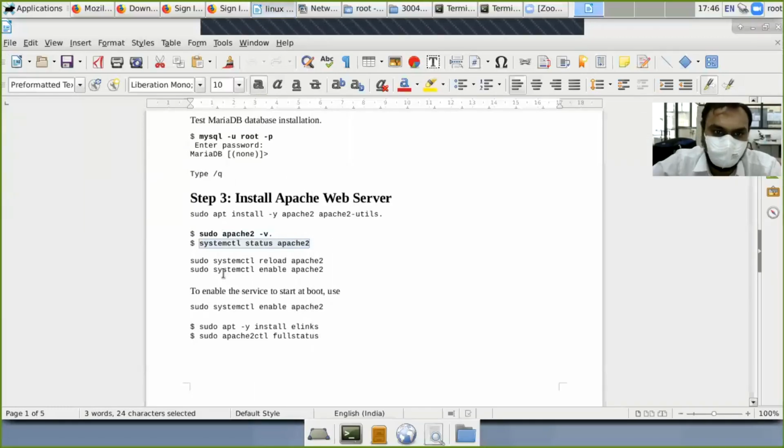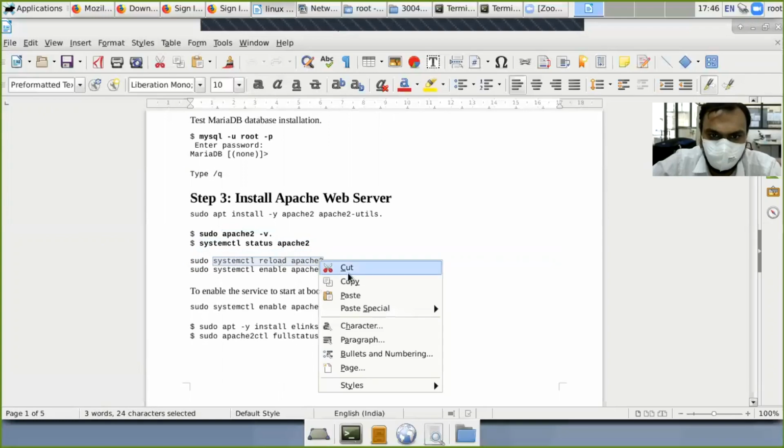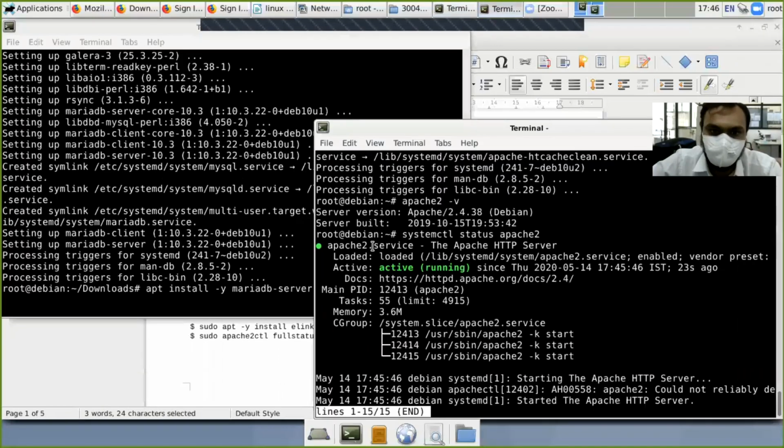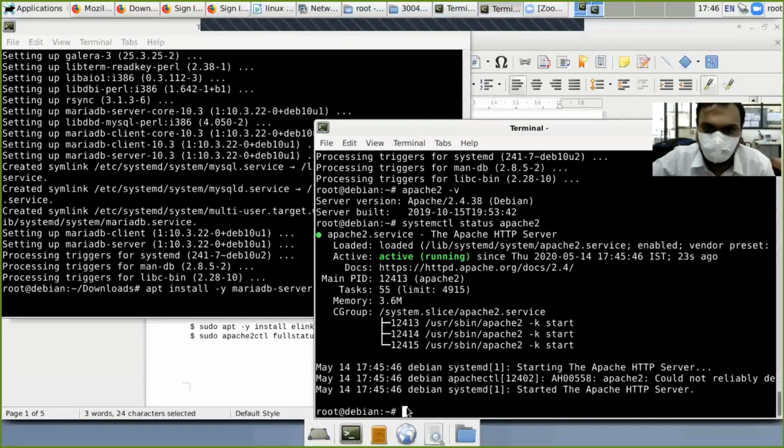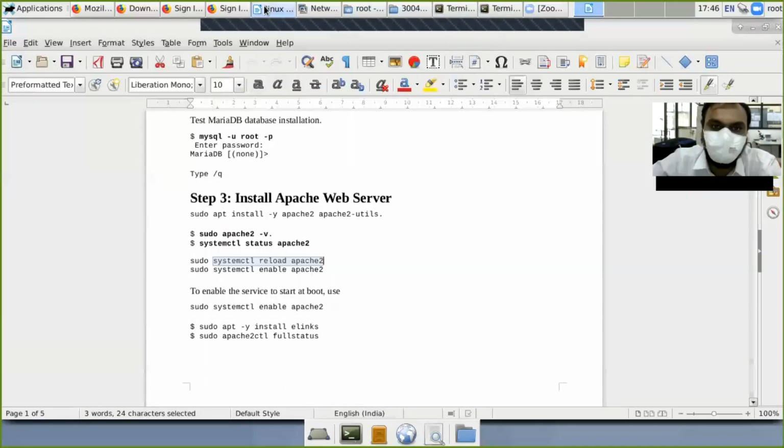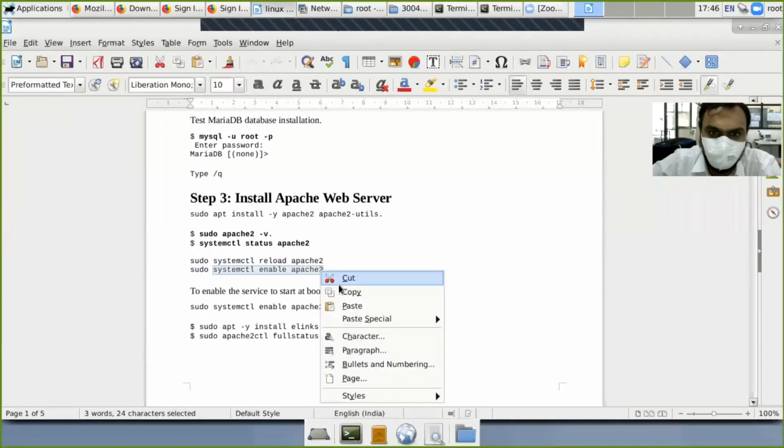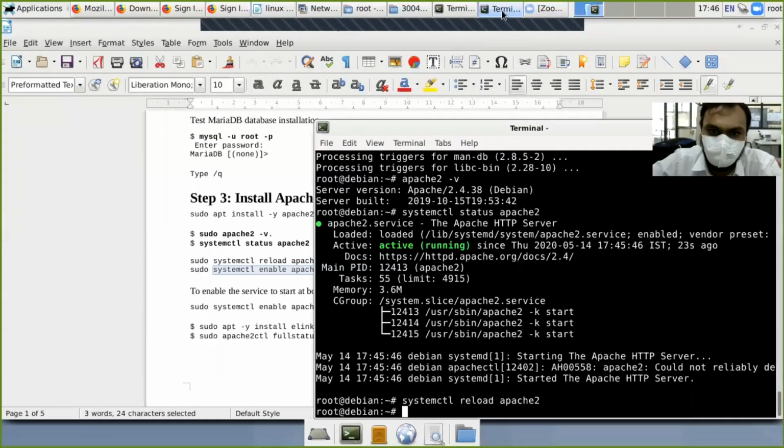Then reload this Apache2 server: systemctl reload apache2. You can enable Apache2 so that the service starts at boot, so you do not need to restart every time.